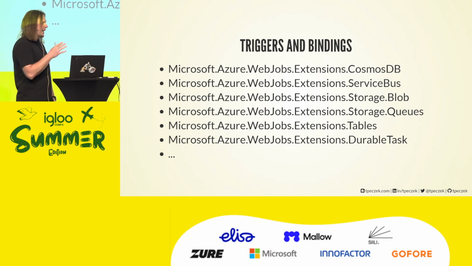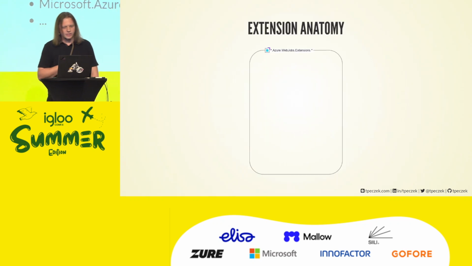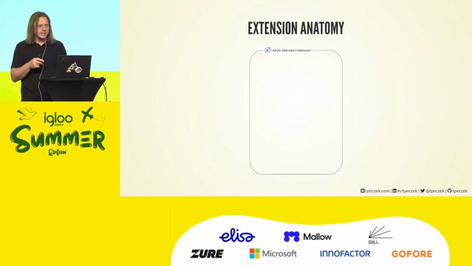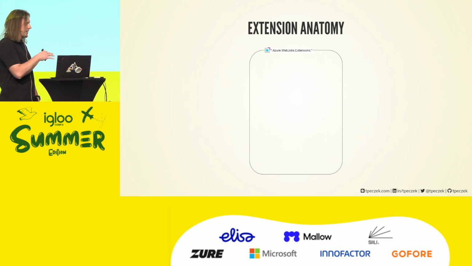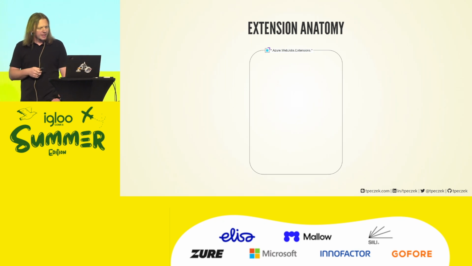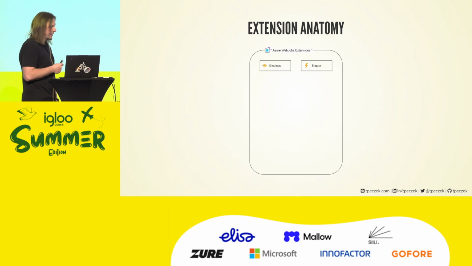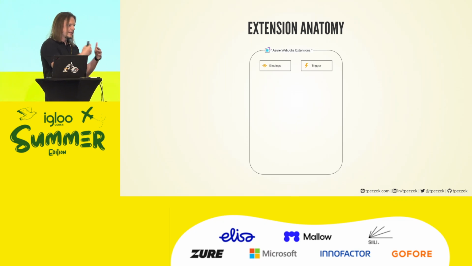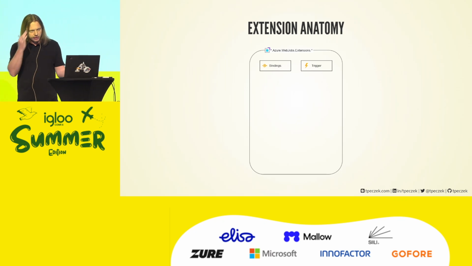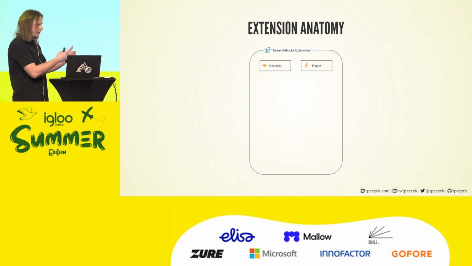So in order to truly understand triggers and bindings, we need to understand those extensions. And you can probably already guess, there is quite a few things in there because that rectangle is quite big. That means I can put a lot of smaller rectangles in there. And this is exactly what we're going to do. I'm going to start with the stuff we have already named, bindings and triggers, right? This is the stuff that manifests itself outside. If we are .NET developers, we interact with this directly. We have attributes coming from those packages. We apply them to parameters, return values.